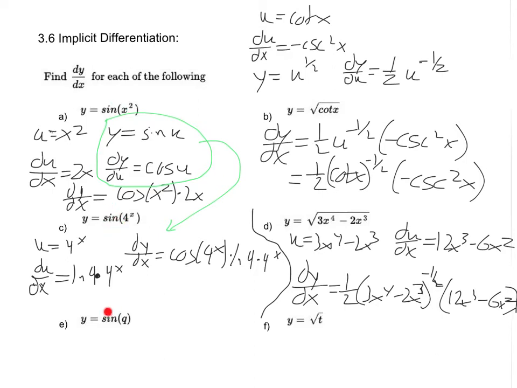So the derivative here, I don't know what this q is, but just like here I have u standing for two different things. So when I write sine of u here, that's implied, it is implicit, not explicit, that this u stands for something else. And I will then, in the end, need to multiply by its derivative. This u stands for something else, and I will in the end have to multiply by its derivative. So as we look at this one,